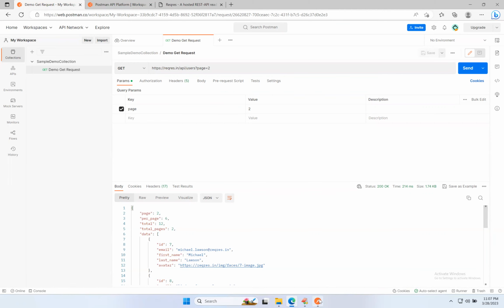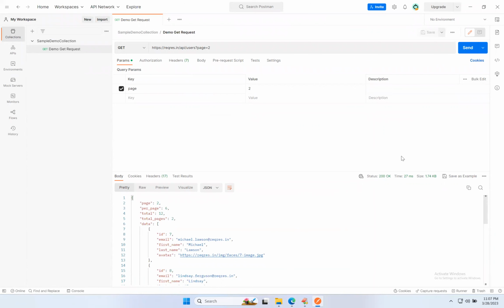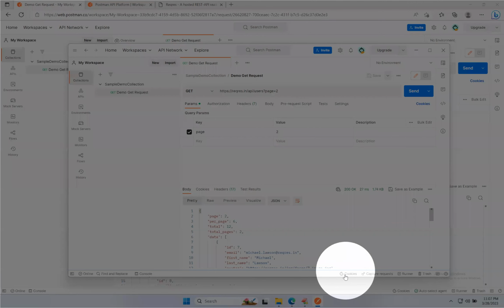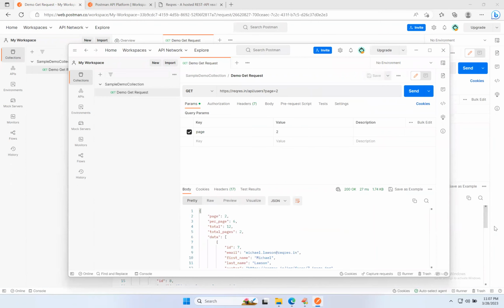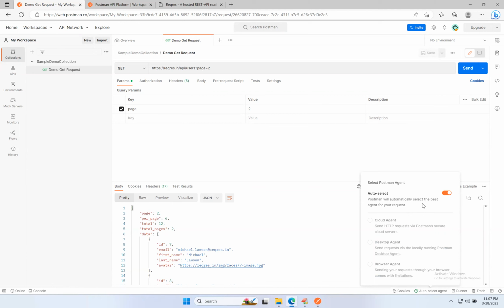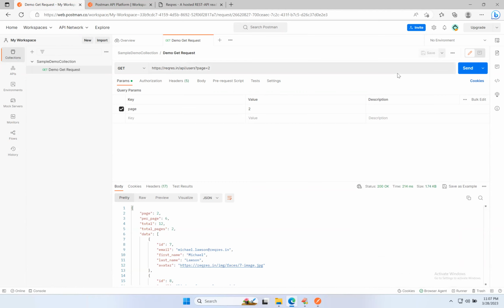But you see one difference from your desktop application. See the moment I highlight, cookies, capture request, runner, trash. But here you see cookies, auto select agent, runner, trash. So this option is different. Then what is that option? If you want to perform with the browser, you click here. Postman will automatically select the best agent for your request. If I disable this and use the browser agent, and try to perform this one,